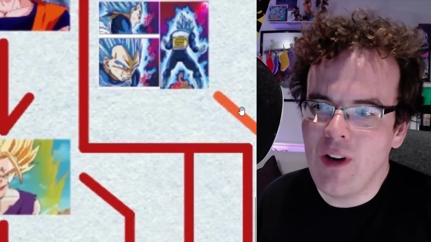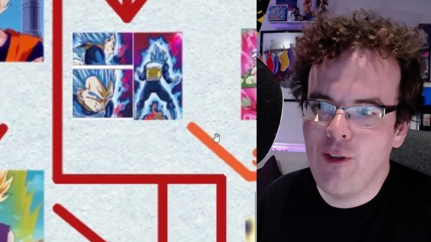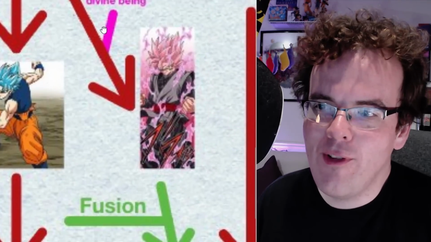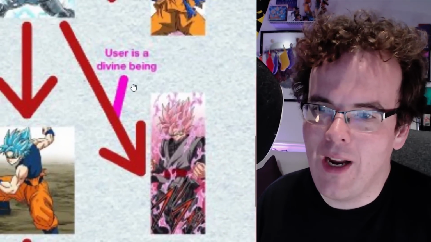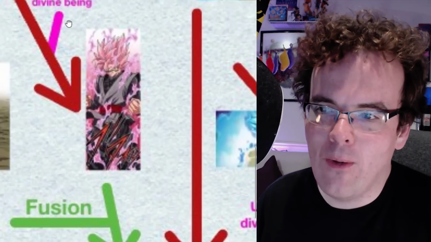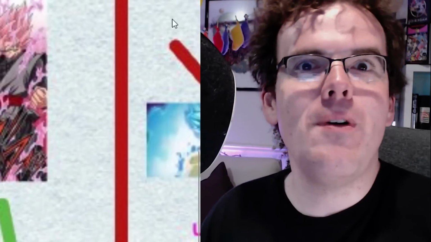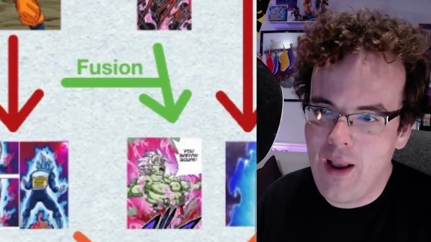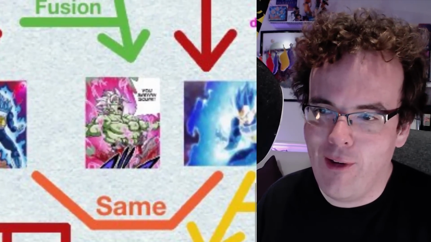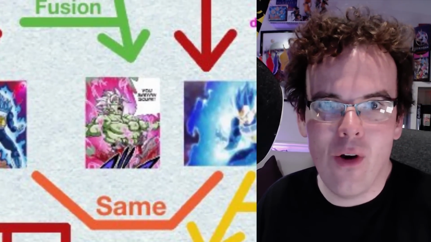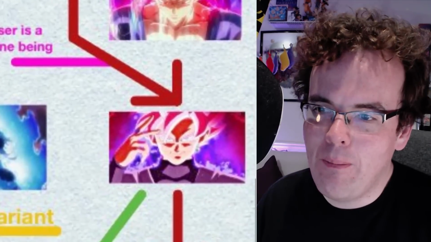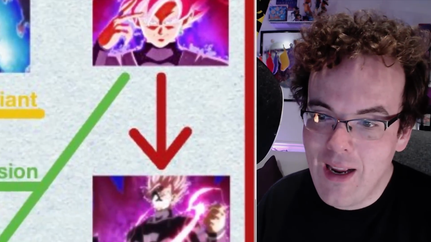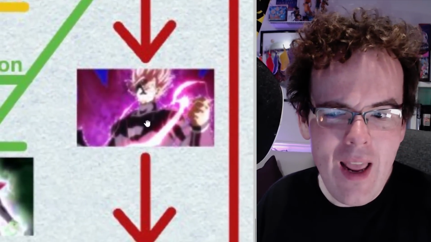So essentially, this form from the manga, according to Super Saiyan Rainbow, is basically the same as Evolution. Super Saiyan Blue user is a divine being, so this is kind of a little side note right here. Then you get Super Saiyan Rose Goku Black. The fusion happens with Zamasu, you get Fuse Zamasu, angry green god boy. We then get the Super Saiyan Rose from the anime, which then leads to Timebreaker Rose,